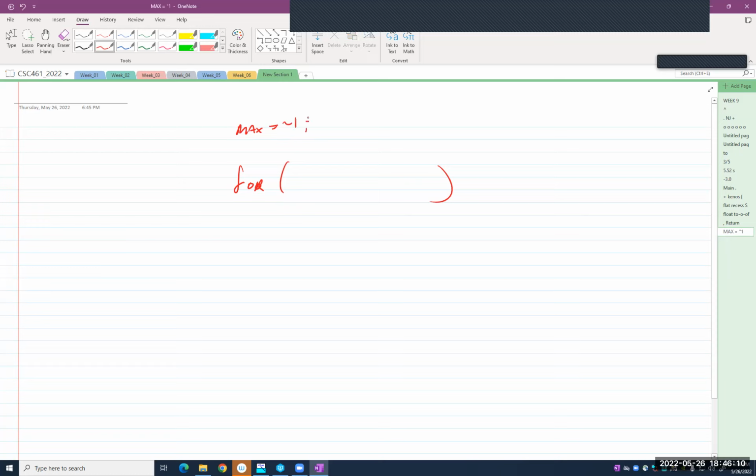So they do the for loop, and then in here they go, if max is -1, new max equals something, blah, blah, blah, right? Else,